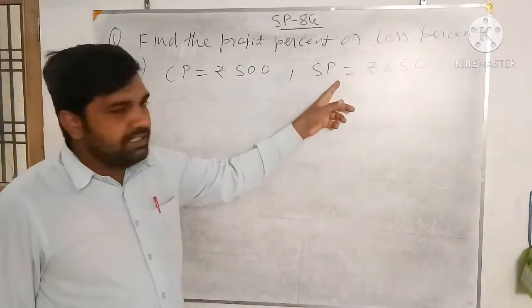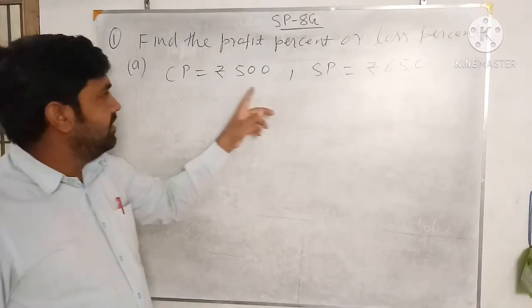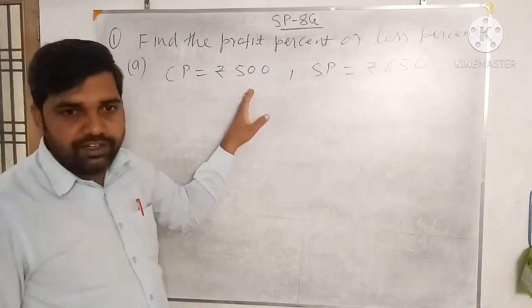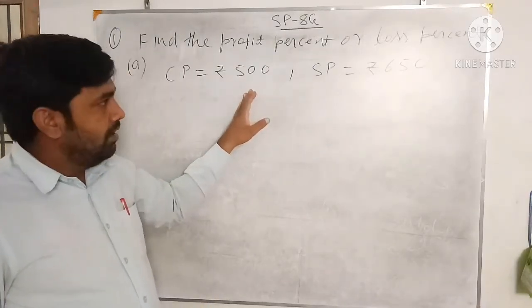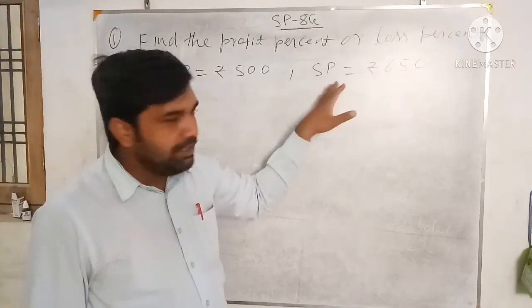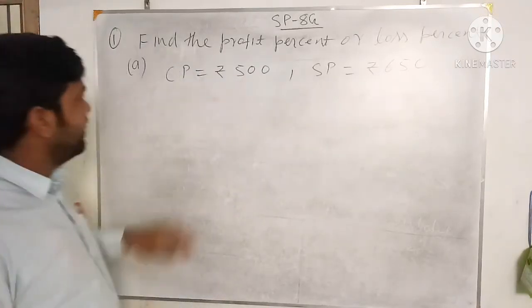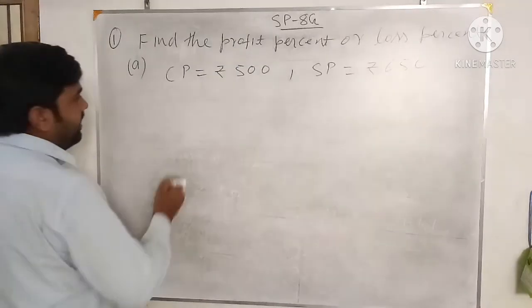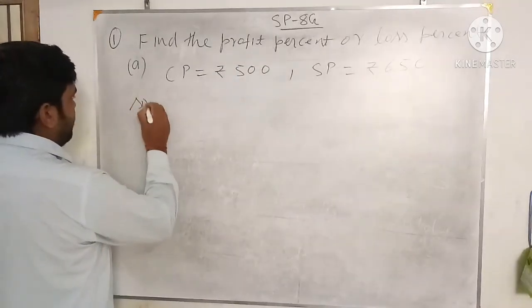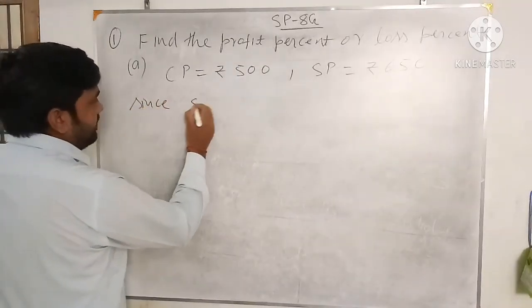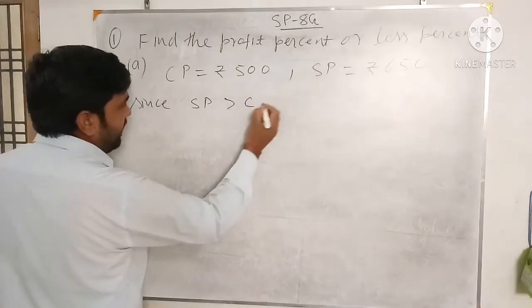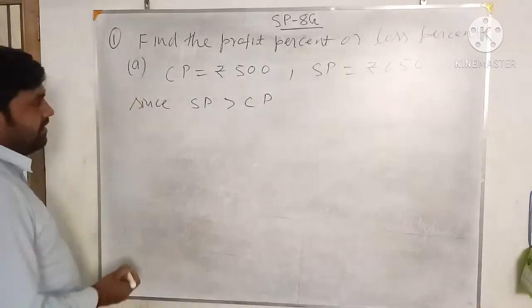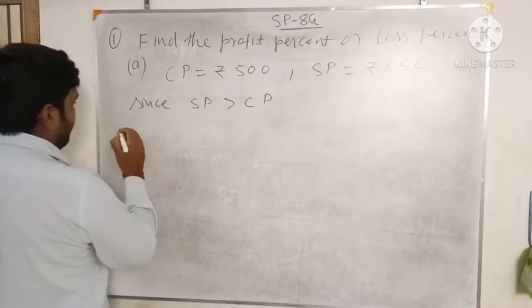The selling price 650 is greater than 500. This means the selling price is greater than the cost price. Since the selling price is greater than the cost price, therefore